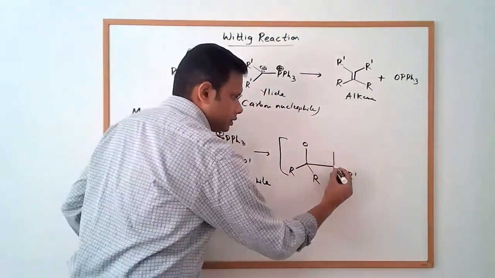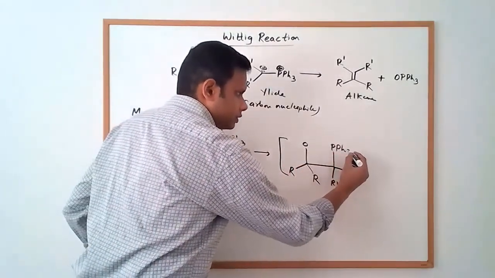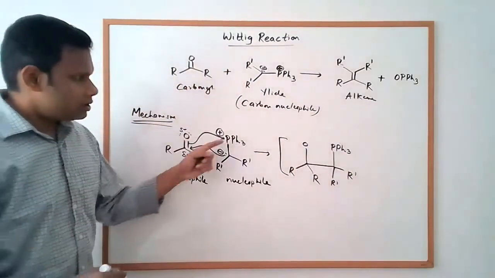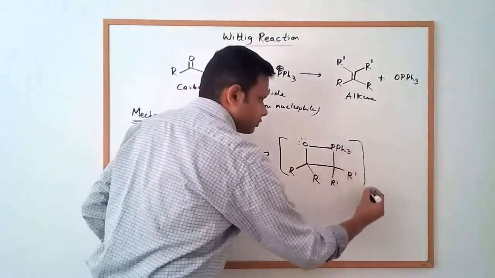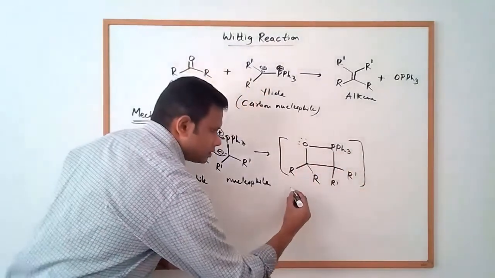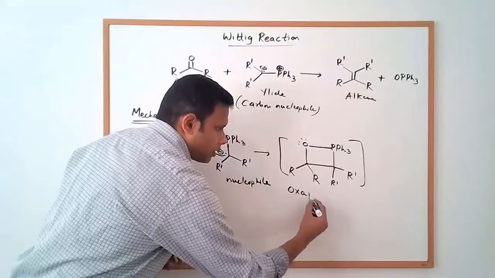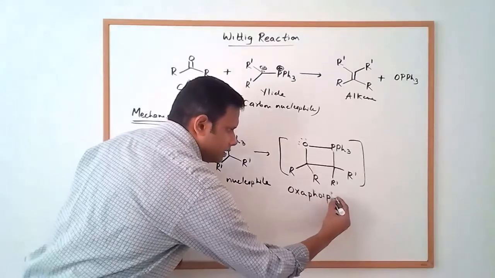There's the oxygen. This is connected to the phosphorus, PPh3. And since the oxygen attacks the phosphorus, we get a bond between the phosphorus and oxygen also. This intermediate is called an oxaphosphetane